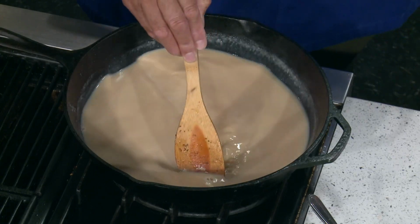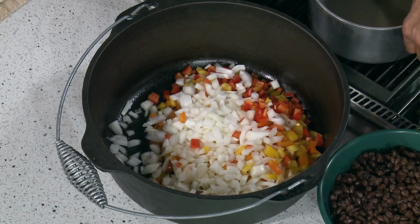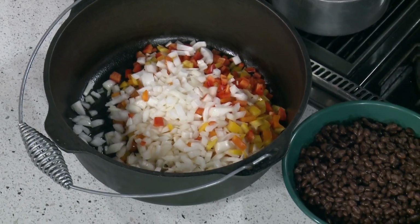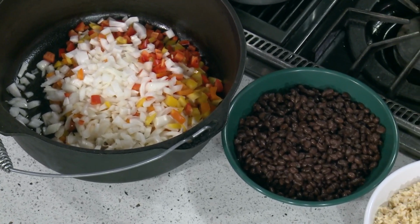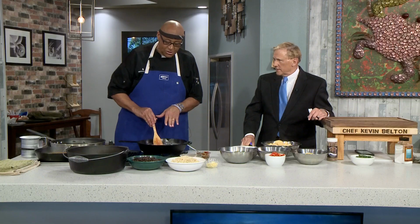And now when all this gets... You got a bunch of onions and peppers and stuff over there. This is going to be a separate dish. We're going to saute all these vegetables. That's bell peppers with onions. We're going to saute that down, put in black beans, put in some brown rice. So you're making 2 different bean dishes. I'm doing 2 different ones. Got it. All right. Now this one is going to bake in the oven because once we get this to boil,